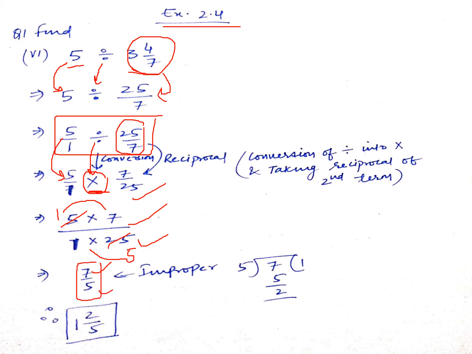What do you think? Is it the correct answer or is it the final answer? No, because when you observe, you find it is an improper fraction. And we all know whenever we get an improper fraction, it is our moral responsibility to write it in the mixed fraction form. That is, we will divide like this and the answer will become 1 2 upon 5. I hope you got this. The same procedure of division will be used in the remaining parts that I give you tomorrow as homework.